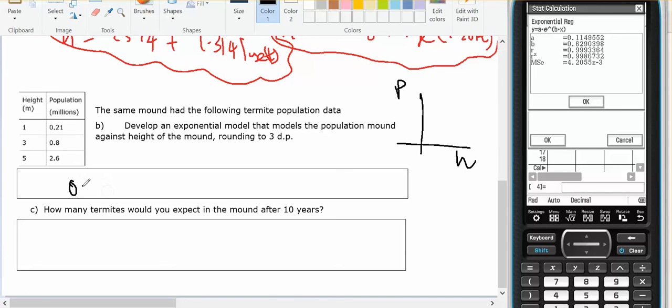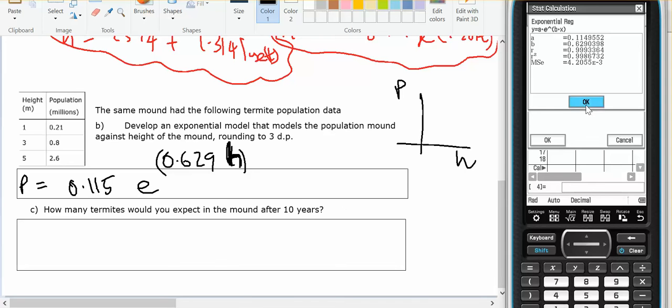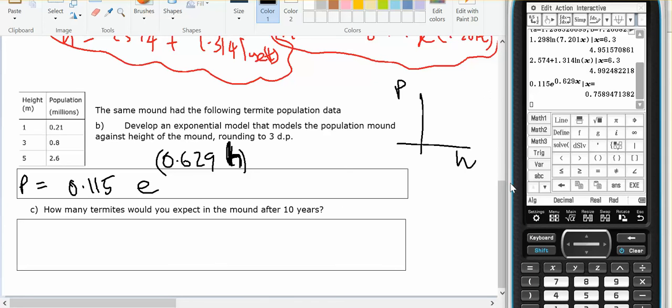0.115 e to the power of b, which is 0.629t. And that's my population equation. And that's h for height, not t for time. Okay. So I've entered that to 3 decimal places, 0.115 e to the